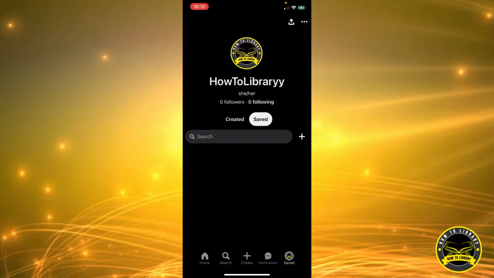Today I'm going to show you how to change or set your country region on Pinterest. Right now I'm on my Pinterest profile. How you can get here is at the bottom of the screen. You can see there are about 5 icons. You'll have to click on the bottom right icon on the right corner that says saved, and that will bring